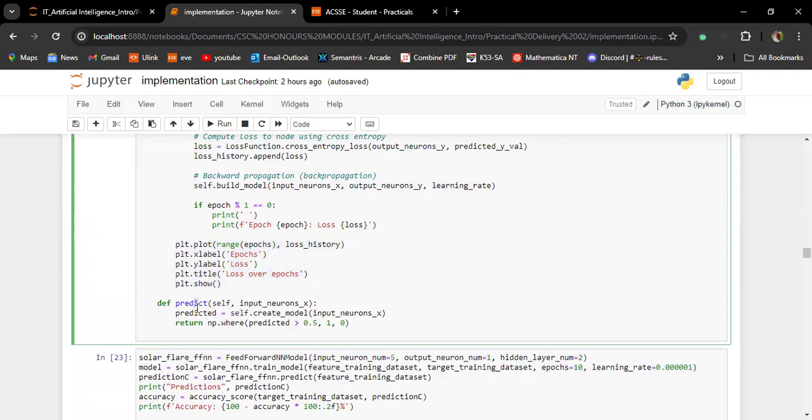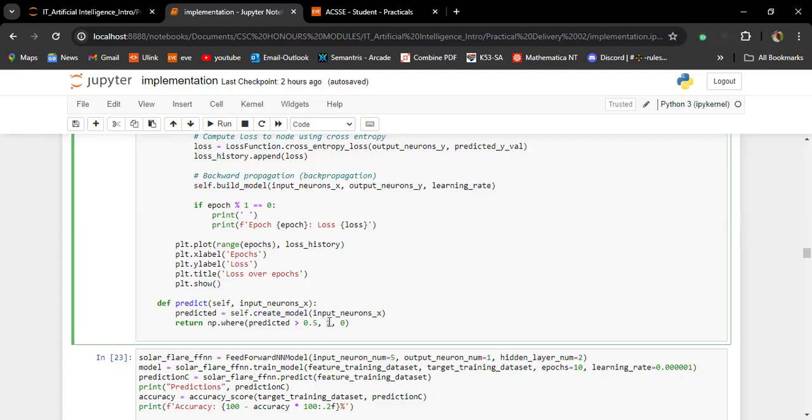which leads us to the last function, where we make an actual prediction. In this part, we invoke create model, which is the feedforward propagation algorithm, to make predictions. In that model, we compare to see if the predicted value is greater than 1 or less than 1.